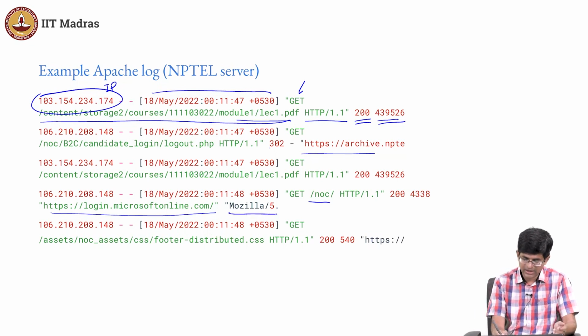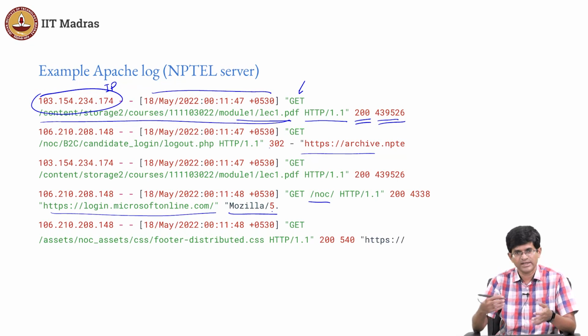And finally, this part which I've trimmed out over here is something called the user agent, which actually contains information about which browser you used. Is it Chrome? Is it Safari on Apple? Is it something else, or is it just some fake browser string that you have created? You can change this. So this is not in any way a foolproof way of determining where you came from.